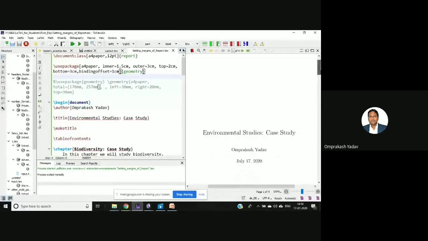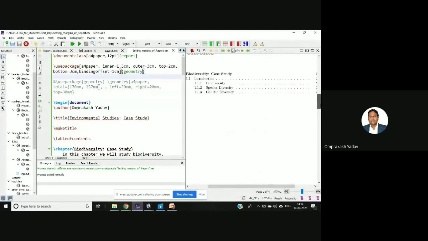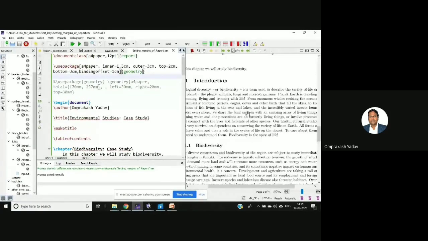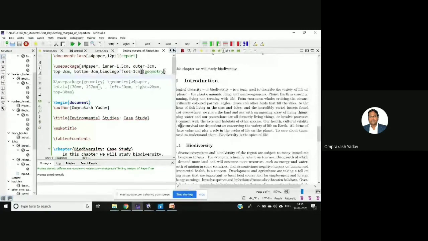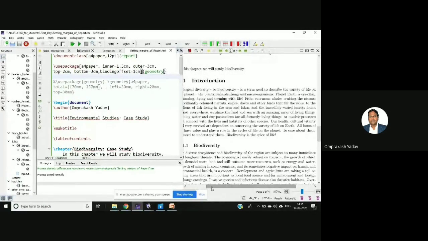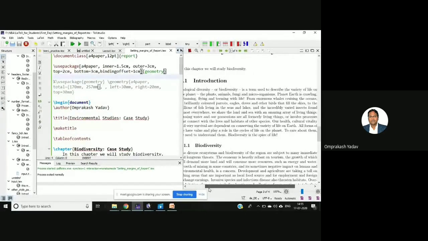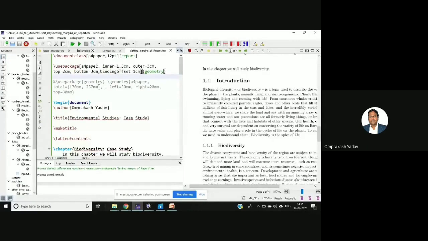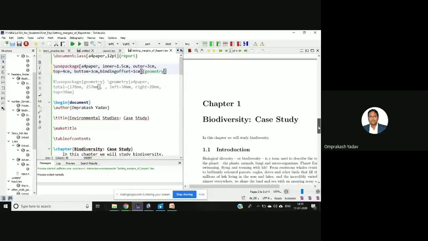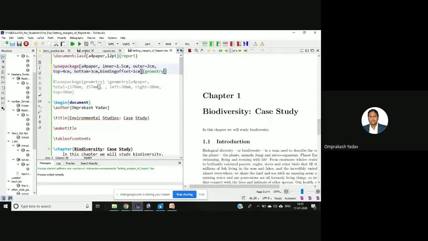See here, initially it was able to fit, but now it has increased a little bit here and there. The margins are changed. For example, if I increase the top by 4 centimeter, the top margin. Okay, run this.